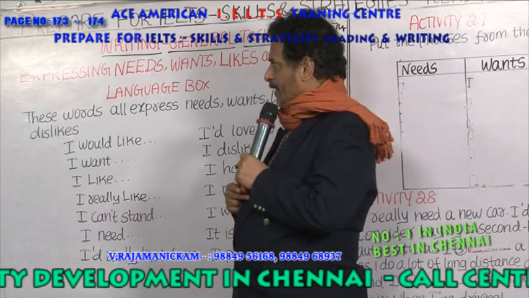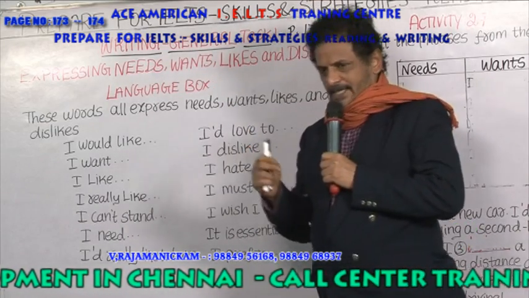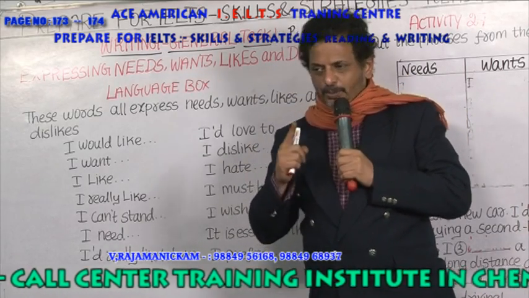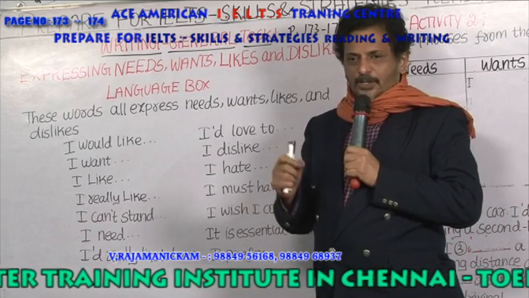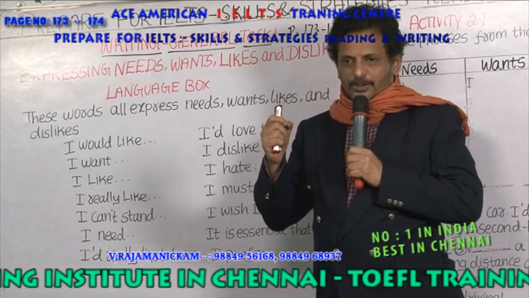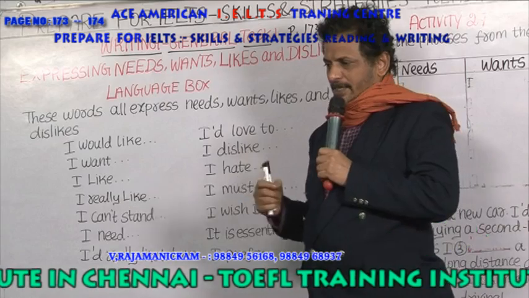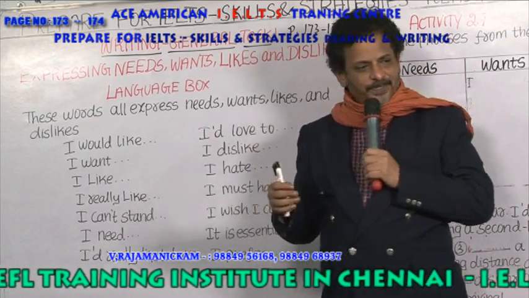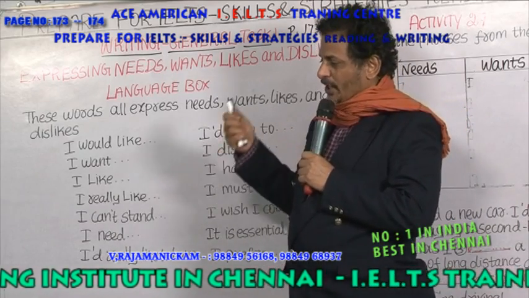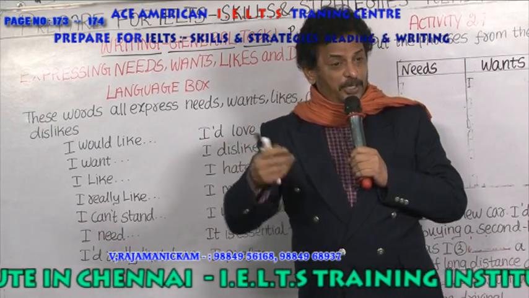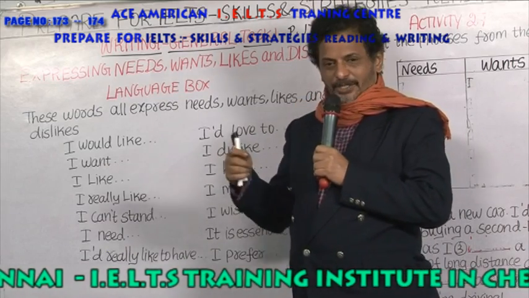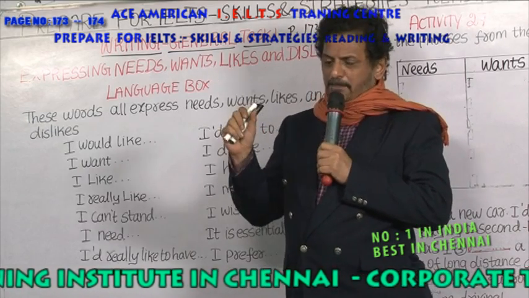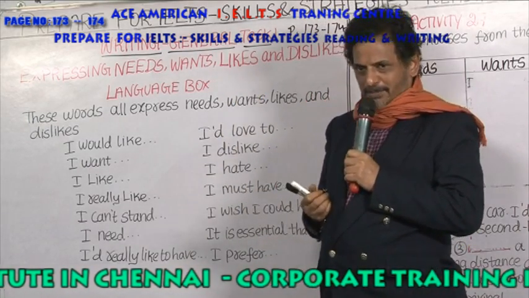So coming here, in Writing there are two tasks. They check your English through writing. In Task 1, you have to write a letter so that the examiner checks how well you are able to communicate with others. The letters are of different types. You can write a complaining letter, then a letter getting information, then you can give information to somebody. As a software engineer or company owner, you can give information. You can ask for information. You can complain about something to somebody.